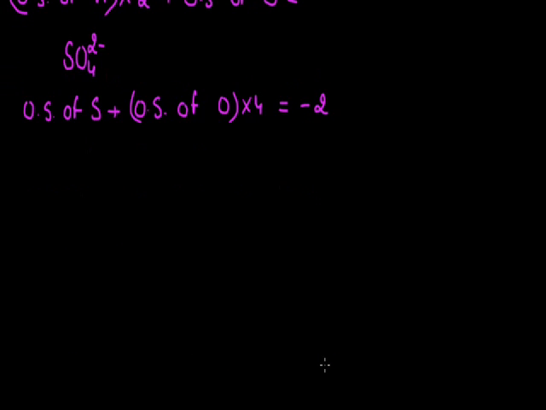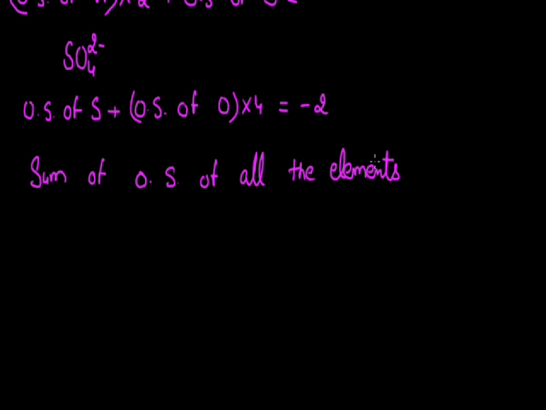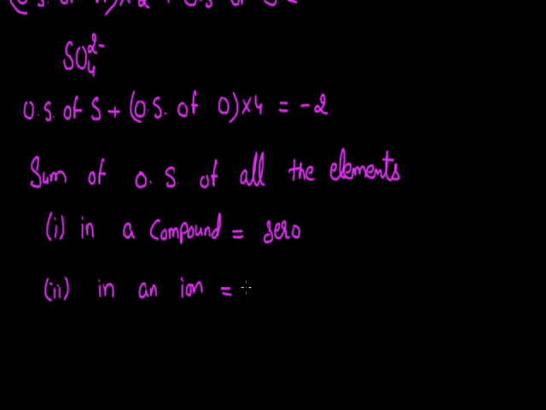And if I am to give the statement for this rule, then the statement is: sum of the oxidation states of all the elements is equal to the charge present on these substances. So first of all, I am talking about the compound. In a compound, it's equal to the charge present on the compound, that is 0. And if I talk about the ion, in an ion, it's equal to the charge on that ion. So that is the second rule. With the help of this rule, we will be calculating the oxidation number of various elements.